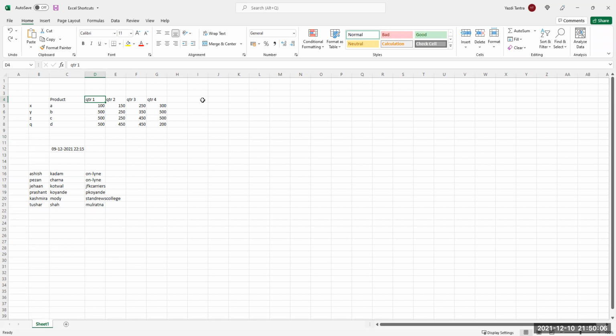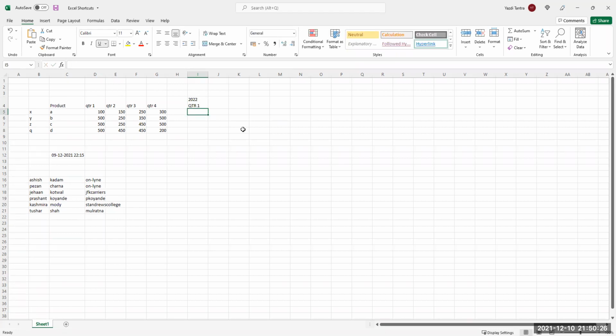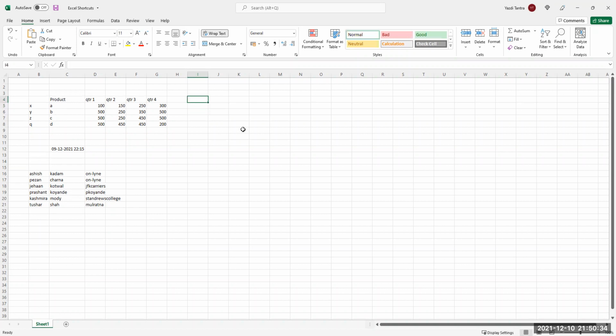No, you can do it otherwise. Like suppose you are starting here itself, 2022, Alt Enter, Q2. We are pressing F2 because we have already typed something in the cell. Whether you are typing something or editing something, you must be in edit mode.